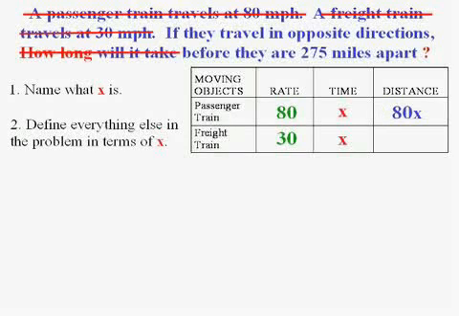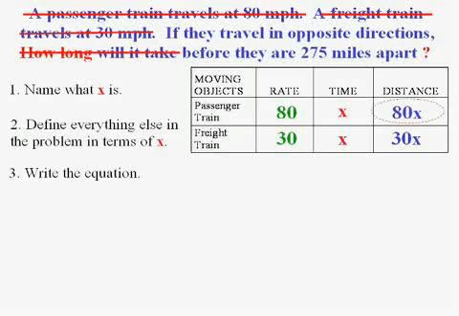Distance is rate times time, so 80 times x for the passenger train, and 30 times x for the freight train. These are the two boxes that I'm going to relate in my step 3, where I write the equation. Now, the distance that the passenger train went,